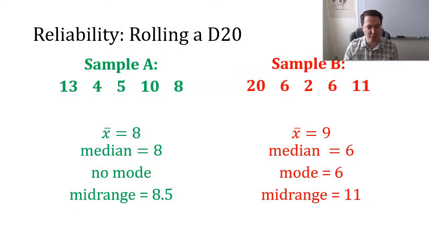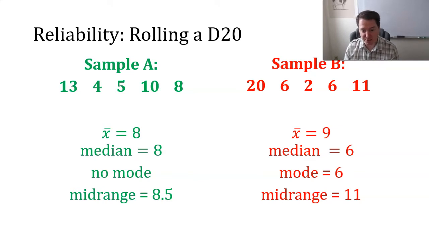So I've got a quick example here of rolling a D20 die. I just rolled it 5 times and then found our simple measures of center. So we can immediately see with the mode, oh, this is a problem. Sometimes it'll be a number, sometimes it won't even exist. So this idea of reliable is just completely out the door. And as I look at comparing the numbers across here, because I really did literally roll a die, I just didn't want to make that part of the video because it's boring to watch me roll a die 10 times. But this is completely random data.